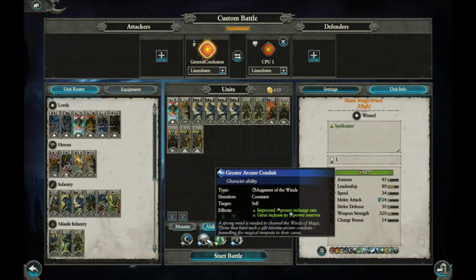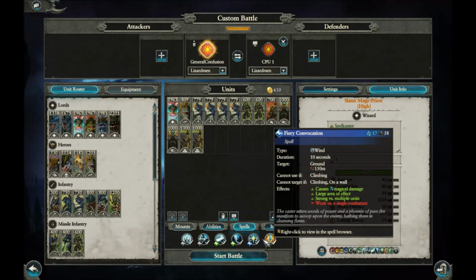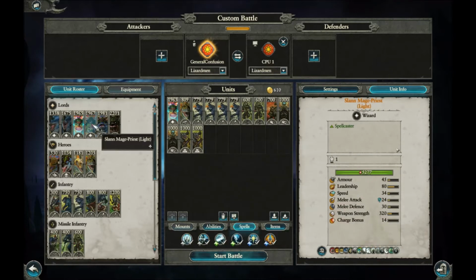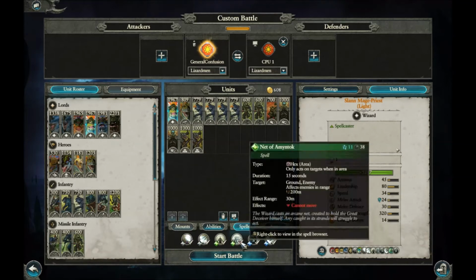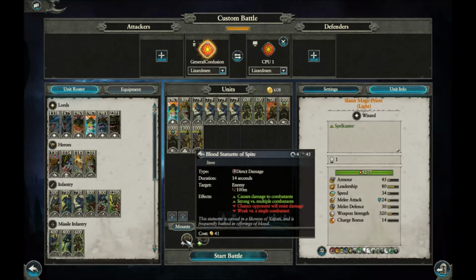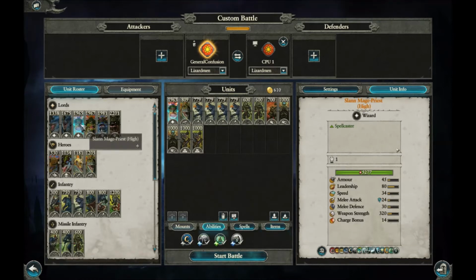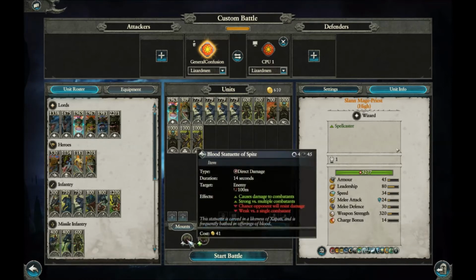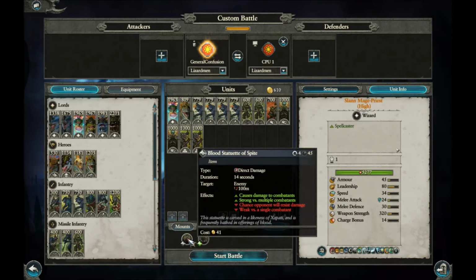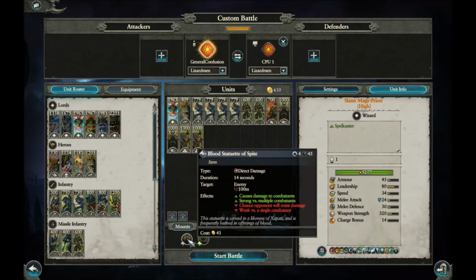And they have Greater Arcane Conduit, so they can cast a lot of spells. But other than that, they're basically just single lore spellcasters. You can take a Slann Mage Priest of Light if you want, for Net, but in all honesty, these items I've tried once or twice each. They're cool. Aura of Quetzl is pretty good, but the Blood Statuette of Spite is a cheap, weak Fate